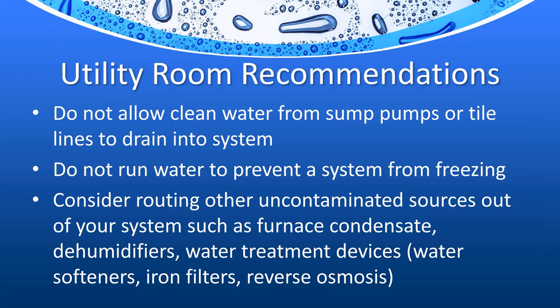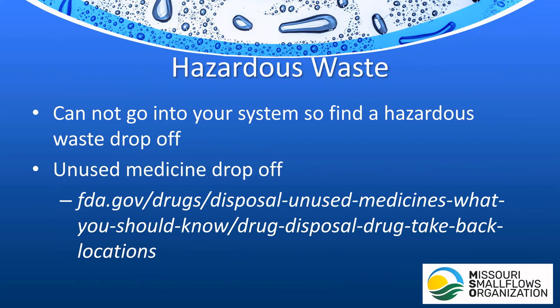So we do encourage homeowners to make sure their water softener, for instance, is not going into your septic system. One, it keeps that amount of water from going in there because they usually put out a lot of water when they recirculate. And two, it keeps that salty water out of there. So that's one thing to check on your house if you have a water softener and a septic system. Also, an easy one is to make sure that your sump pumps don't go into your septic system. Make sure there's no tile lines that go into there as well. In older style houses, sometimes you'll find that. So lots of good tips on keeping utility room stuff away from your septic system.